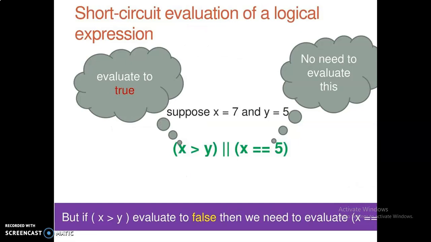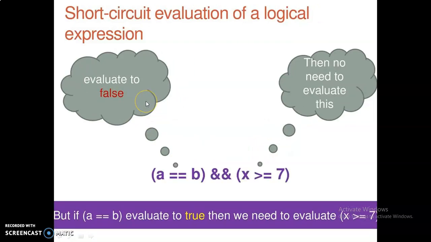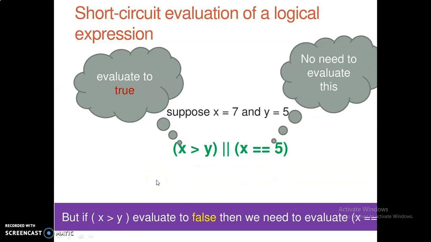So these are also some examples for logical operators. Here the value of x is 7, value of y is 5. Here in this expression, x greater than y is true, but this is false. So if any one of the conditions is false, the output will also be false for AND. Here, this is the OR operator. This condition is false, this one is true. If any one of the expressions is true, the output will be true. This is for the AND operation. Here you can assign the same values, x equal to 7 and y equal to 5.